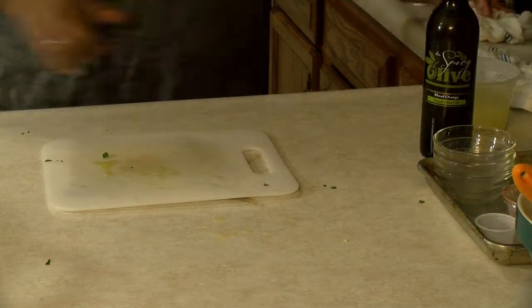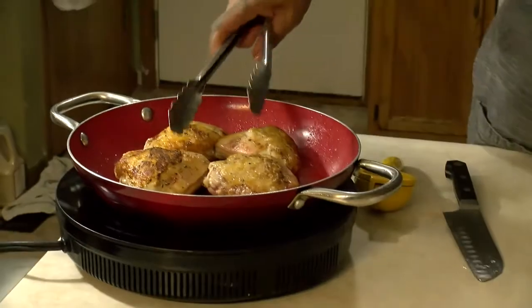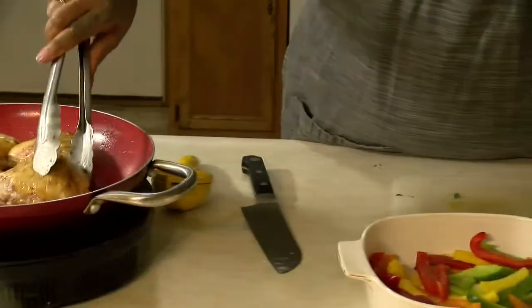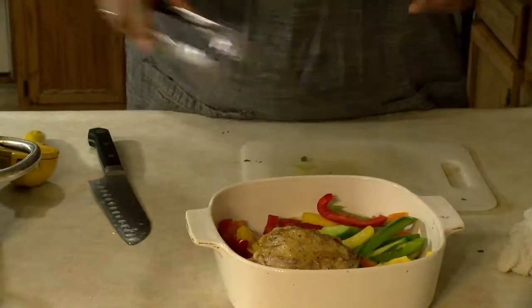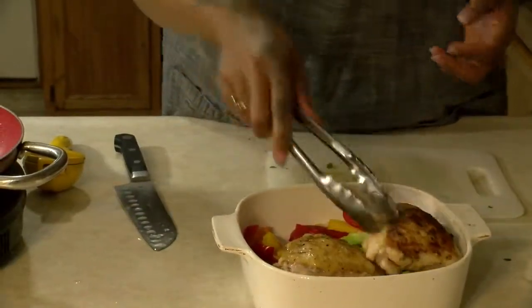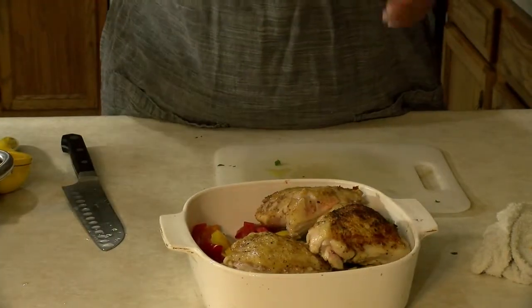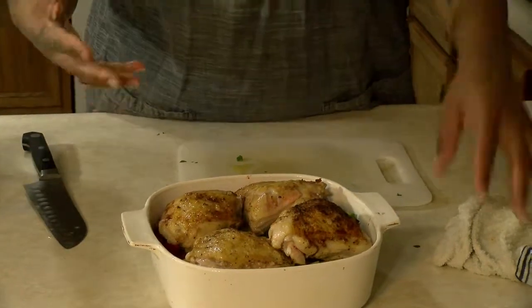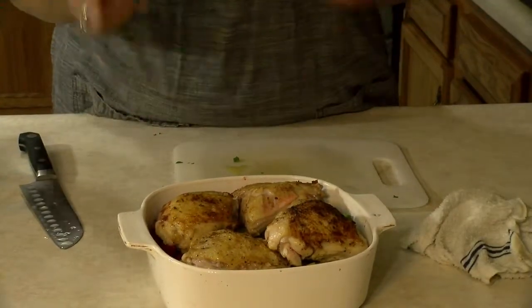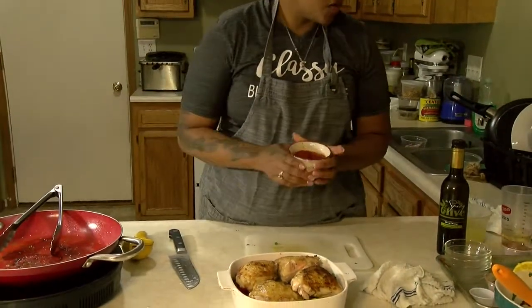Alright, back to the chicken. So the chicken, we got it all browned. Got this layer of the veggies that we chopped. We are going to finish it in the oven, skin side up. We didn't go through all that trouble of getting the skin crispy and brown just to end up with a soft, soggy skin if we turn it down on all that liquid, all the veggies that's going to release a lot of liquid. So at that point, I am going to just kind of go in between